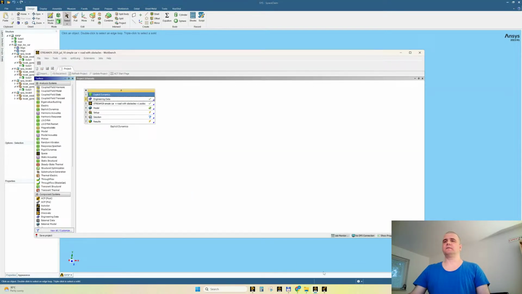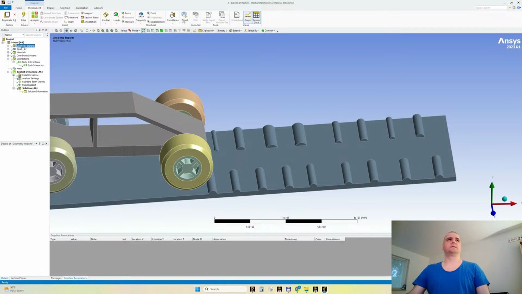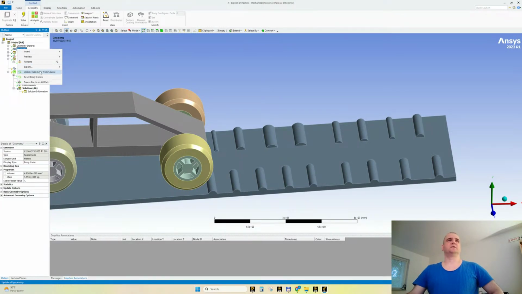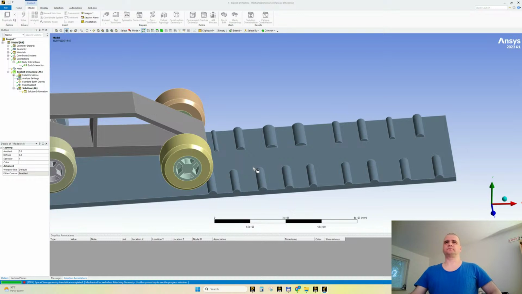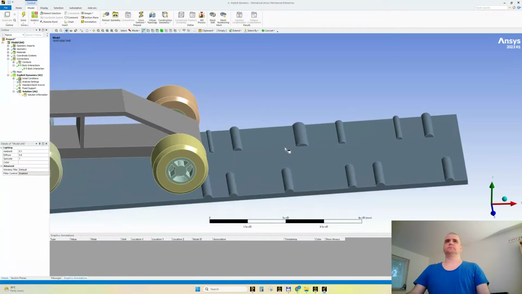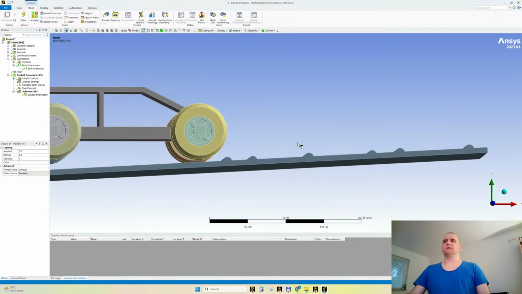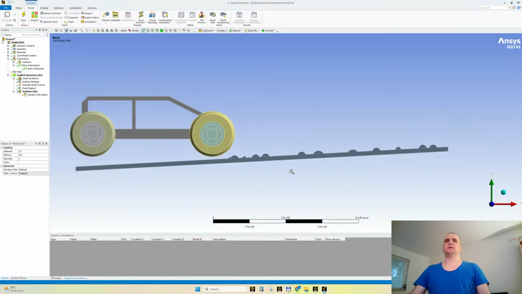Let's save and update again. Update geometry from source. All right, so this is the model that I'll be going with. I do have a gap, a pretty large gap. An easy way to move parts is